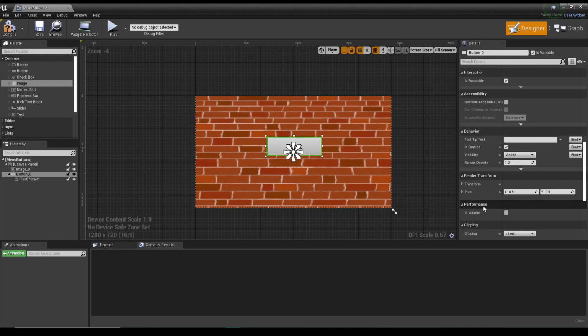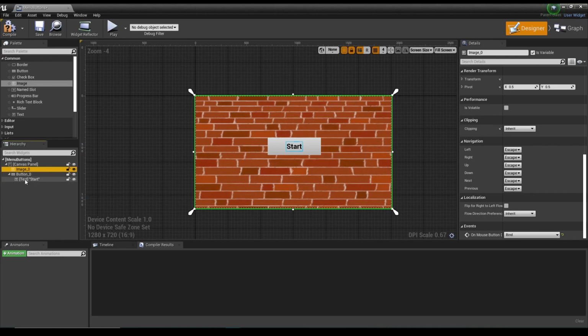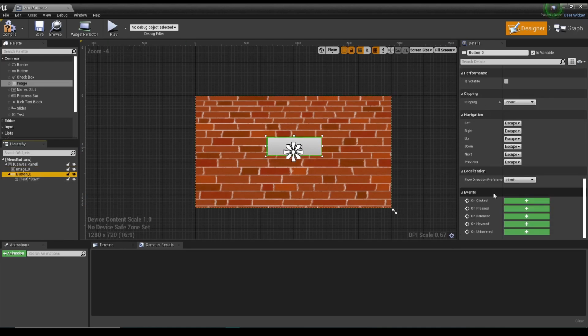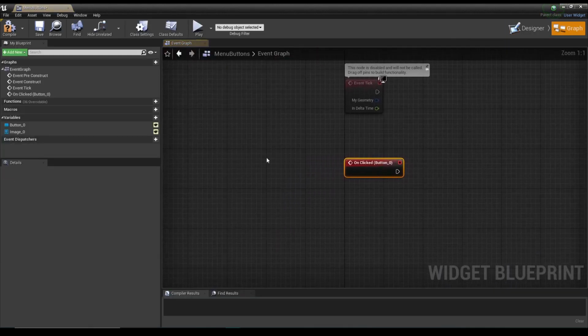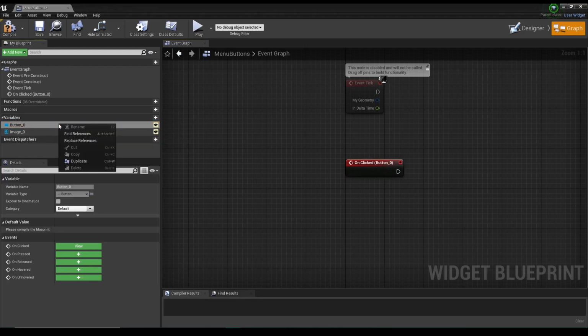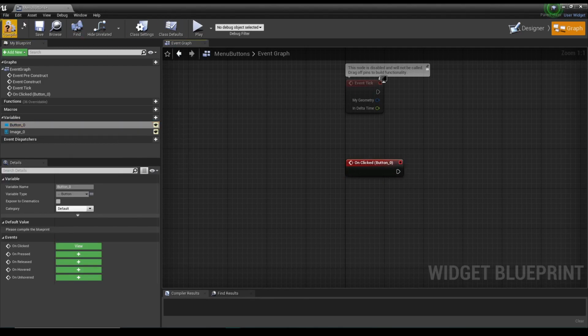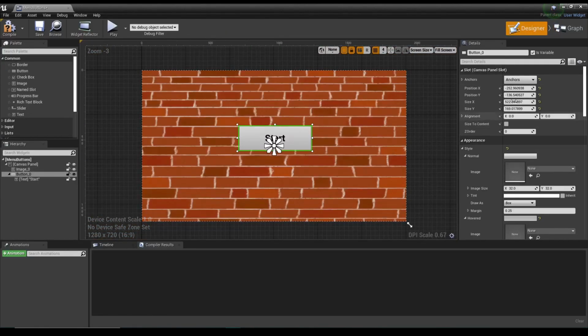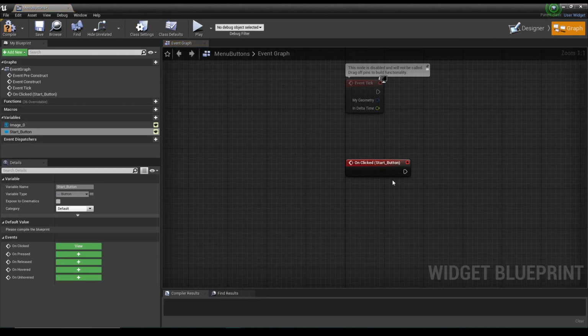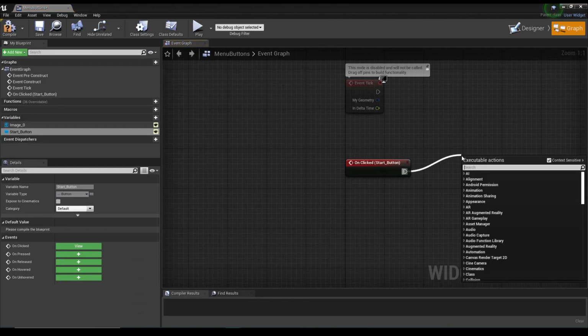And as for the programming aspect, we just click on button and on clicked, and it just takes you to button. I should actually rename this. Oops, gotta go back here. It's always good to name things, otherwise you will forget. So we'll just call this start button. And then from there,